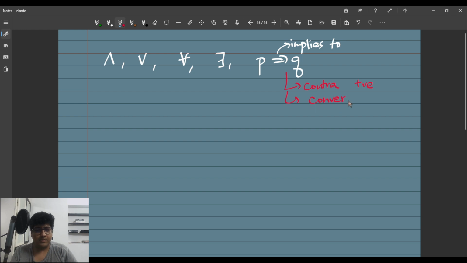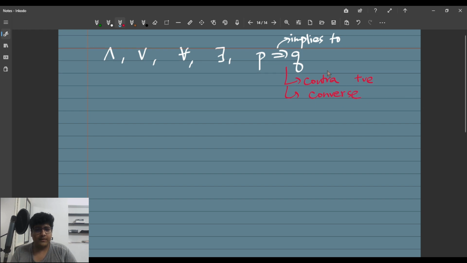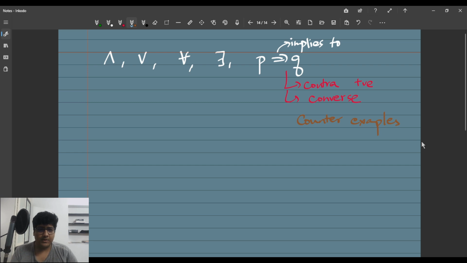So contrapositive of a statement P implies Q, converse of P implies Q. And I also mentioned something called counterexamples for disproving things. So without bothering too much about these definitions,